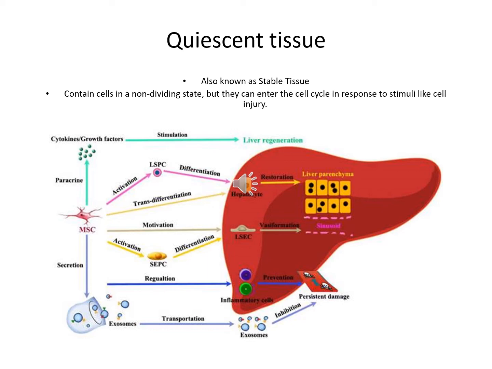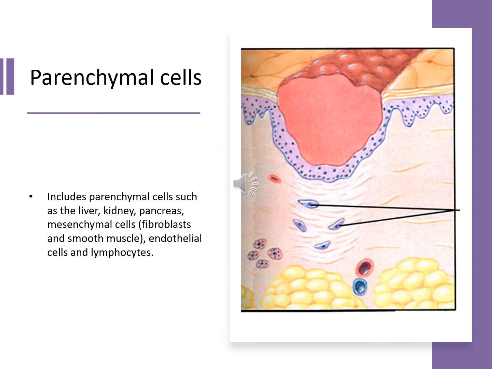Next to persistent damage, if you look to the left of that, we have prevention. So that's about not doing that. It's not about not ever having a drink of alcohol or something like that. It's about not doing it consistently all the time. That's when we're going to have this persistent damage, which will be a lot harder for the liver to then make more tissue. That also occurs in parenchymal cells,